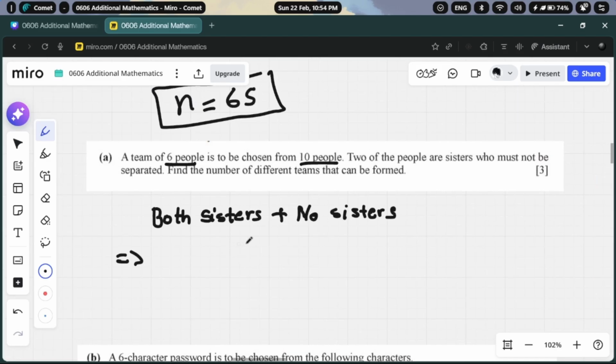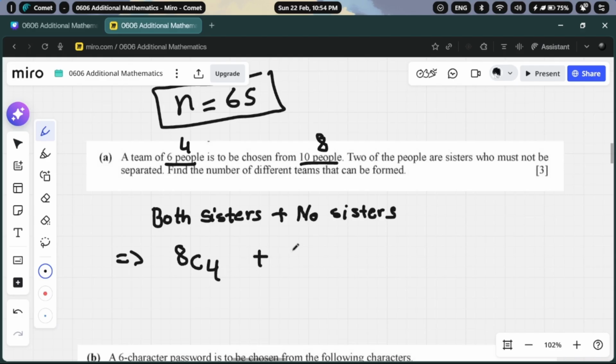So just consider the case where you do choose 2 sisters. When you do that, you're left with 4 people to be chosen from out of 8 people, because you already chose 2 people, so they are fixed. You don't have to worry about them. Now you just have to worry about the remaining 4 people that you're choosing. So that would be 8C4